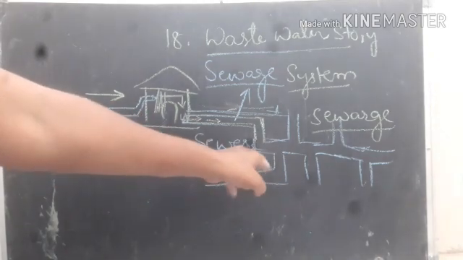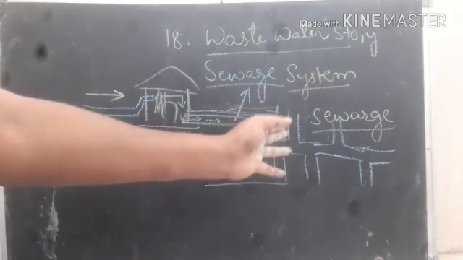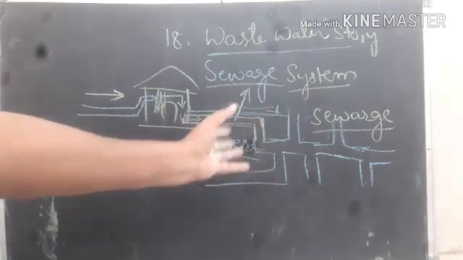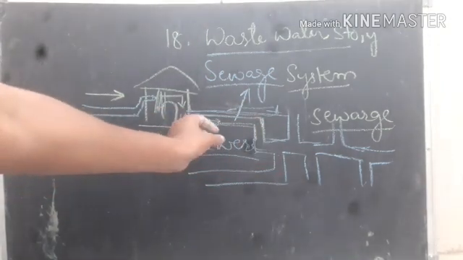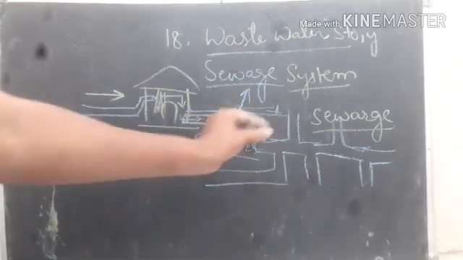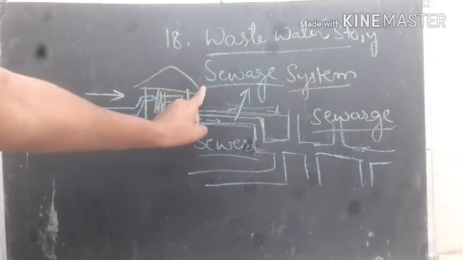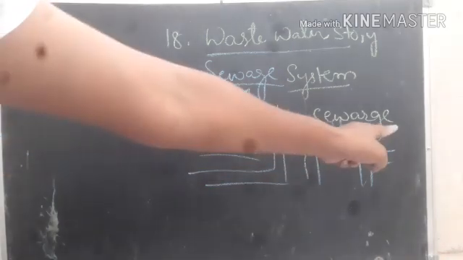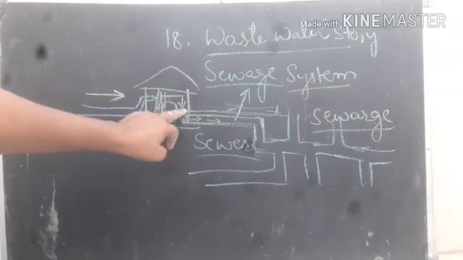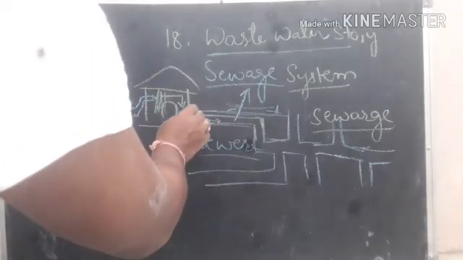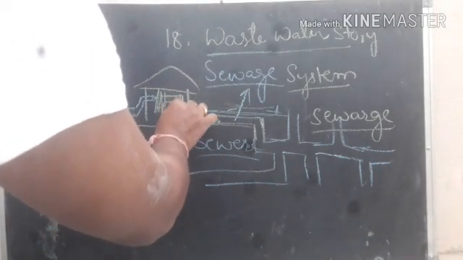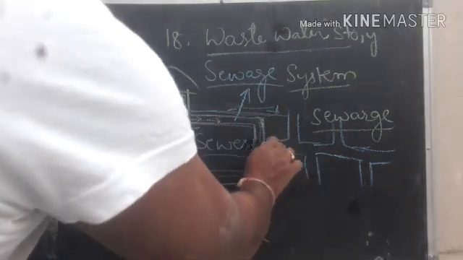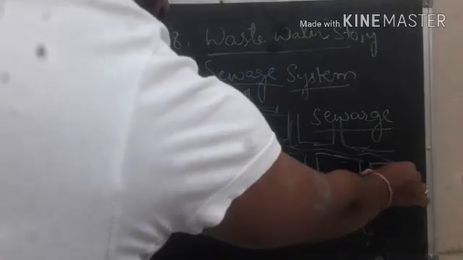It appears like a network, isn't it? So this network of interconnected pipes, the pipes are called sewers here. These interconnected pipes carry the sewage from one place to the disposal place. This is the receiver, from houses or from wherever the sewage water is produced. From here it carries the sewage water to the final destination.